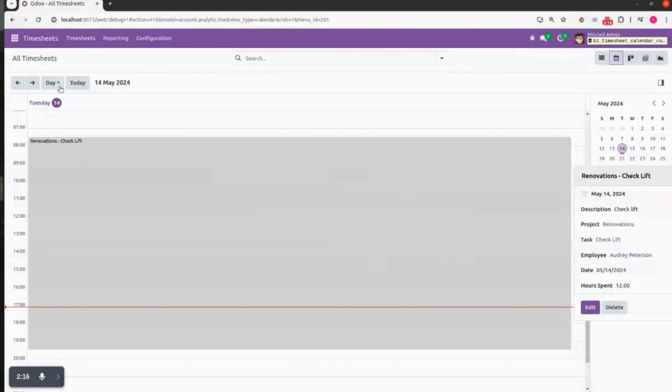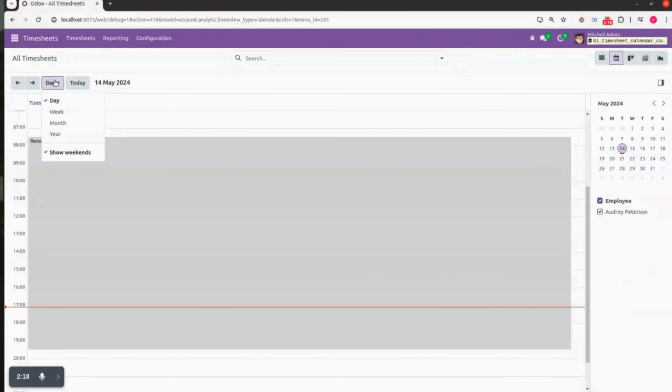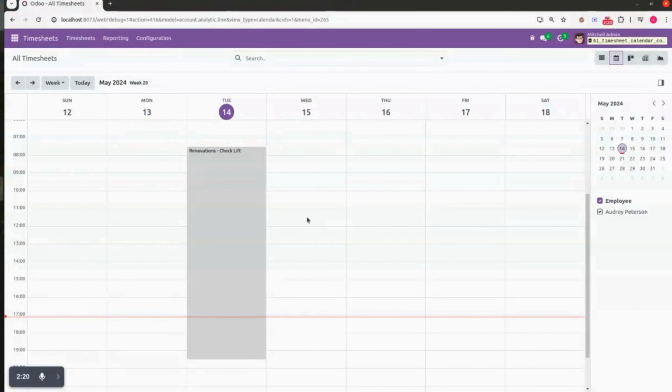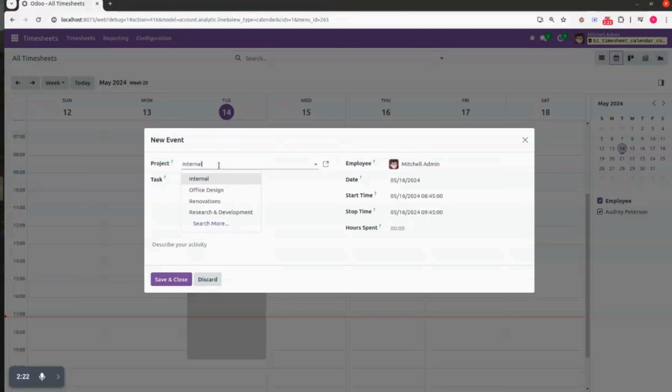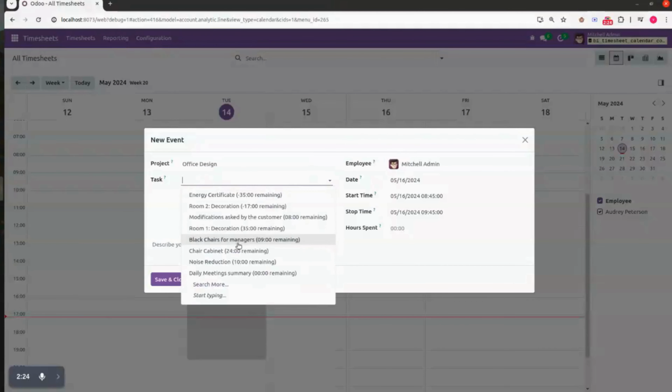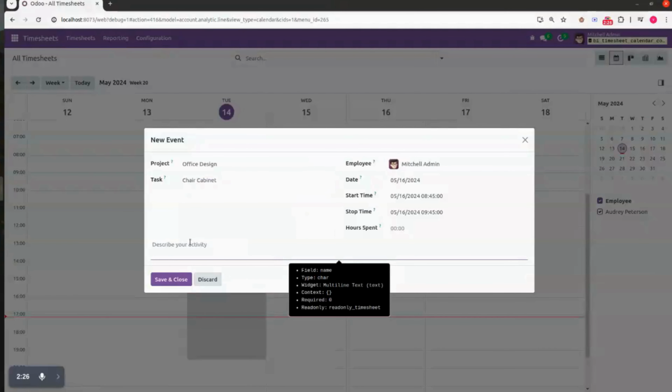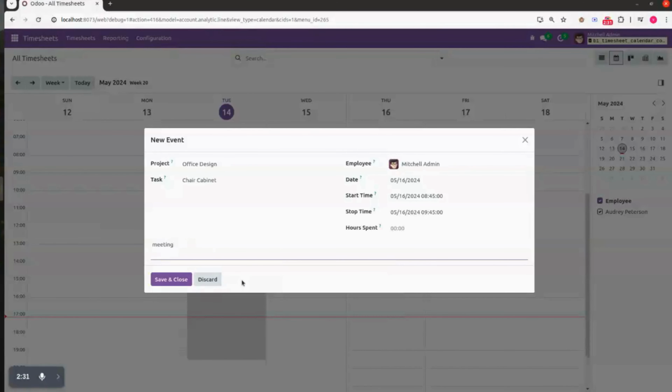If you want to schedule this timesheet calendar for the week, then you can select week. Here you can give the project and the task you are creating it for. If you have any description for this particular task, you can provide the description and select the employee.